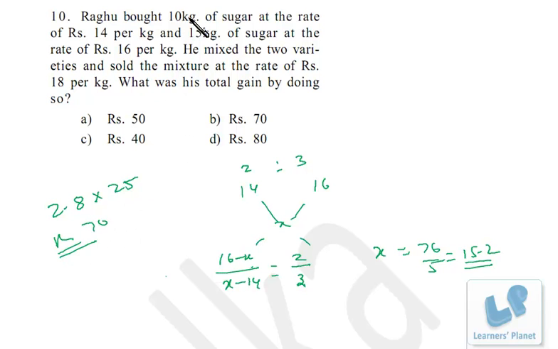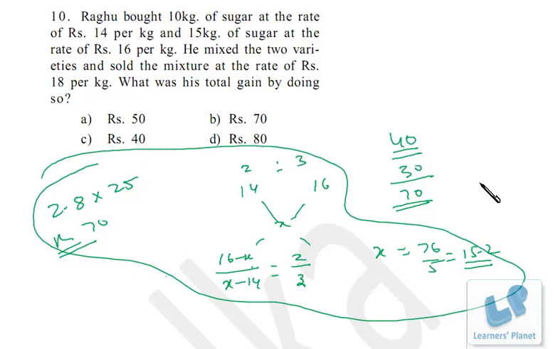Apart from that, what you can do, for 10 kilogram quantity, the cost price is 14 and selling price is 18, right? So 4 rupees per kilo is the profit, right? Alternatively, I'm telling you the method. So 4 rupees per kilo and 10 kilo, so 40 rupees is the profit over here. And in this case, 15 kilogram sugar, and the profit is 2 rupees, 16 and 18. So 2 rupees for 15 kilogram, 30 rupees. So that 70 rupees is the overall profit, right? If you don't want to use this method, you can use the alternative method also. That's very, very simple. Okay.